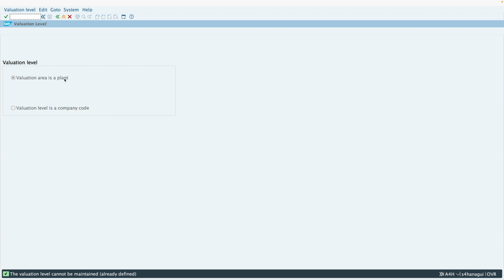Now SAP allows you to define the valuation area at plant level or at company code level, and this is done at the time of implementation of SAP. Once you have implemented and once you have selected this option, you can no longer change it. Now you can see here this is not editable. You have selected valuation area as a plant and you can no longer change it to valuation level at company code. This is because SAP allows you to select this particular configuration at the time of SAP implementation only. You can select this configuration only once, and once you have saved this configuration, it is not possible to change it. So you can see here, this is the place where we configure at which level our valuation